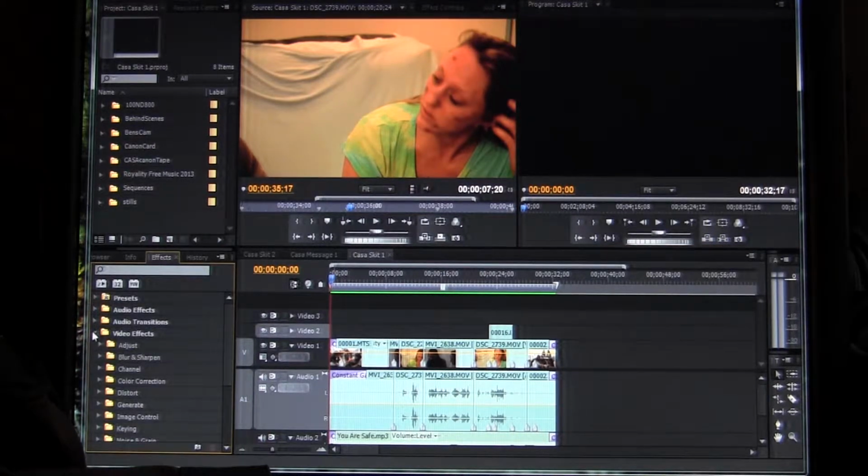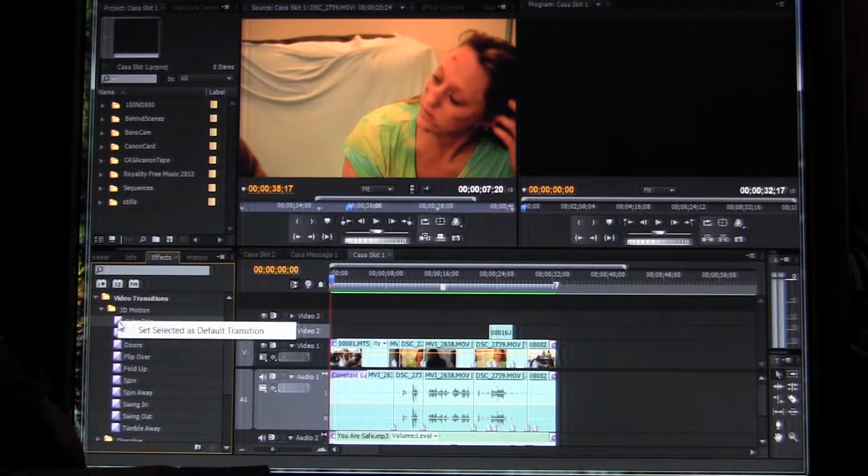Under these effects too, while we're sitting here, we have video effects and video transitions. Now the transitions are broken into 3D motion, which some of these are cool. You can see by the name of them what they kind of do. But the same thing, I don't remember if there's a way to preview this, but